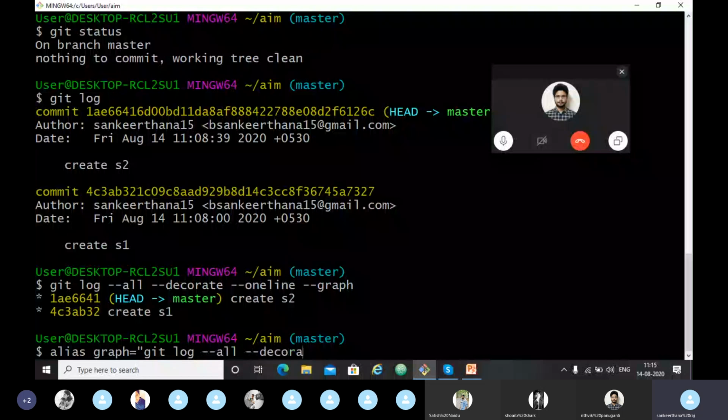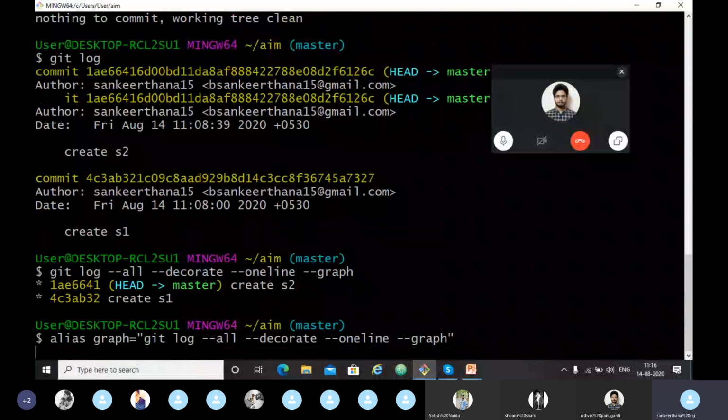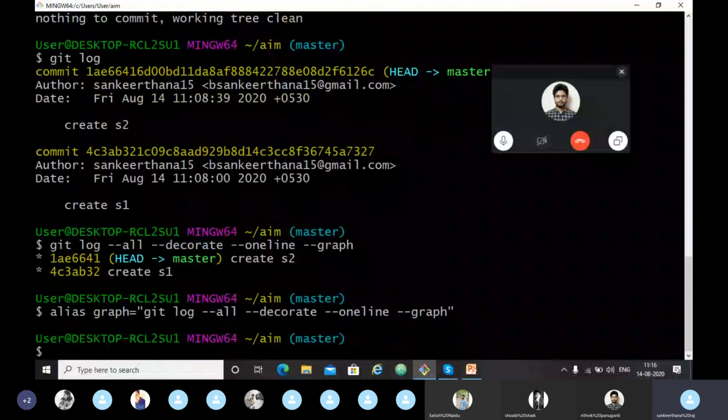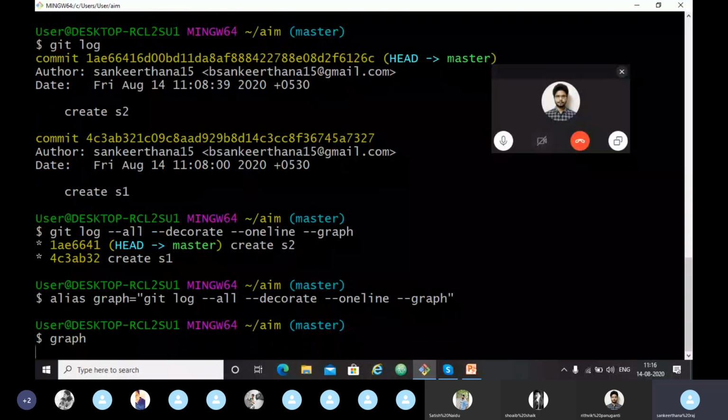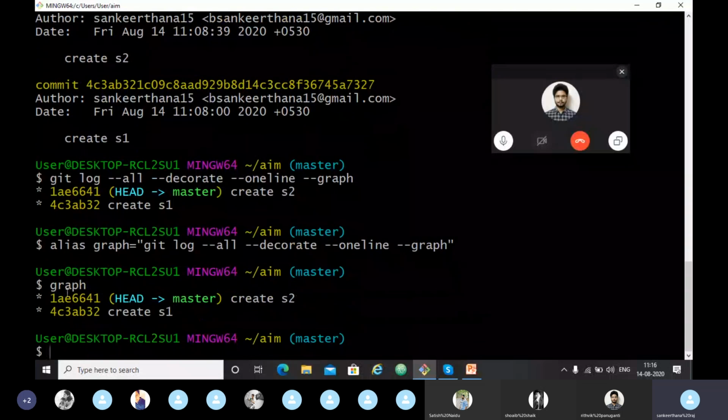So I have created an alias command, which means from the next time I type graph, I can get this commit graph easily. I don't have to write all this command. I just type graph, and I'll get the commit graph output.